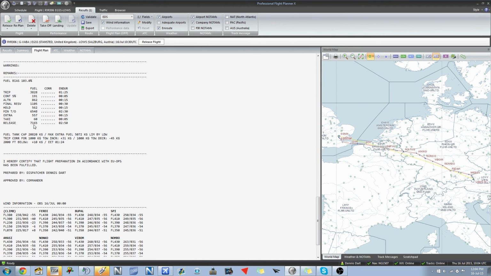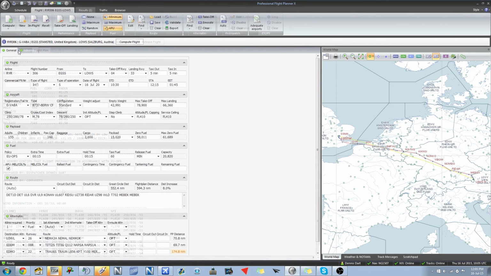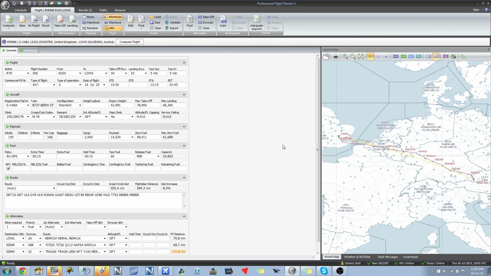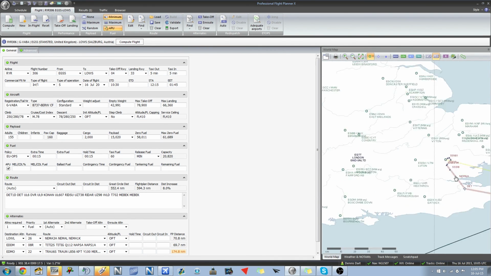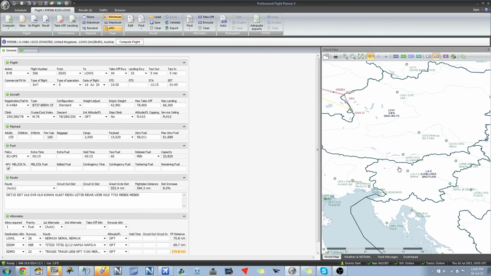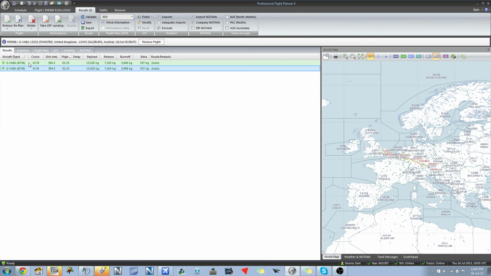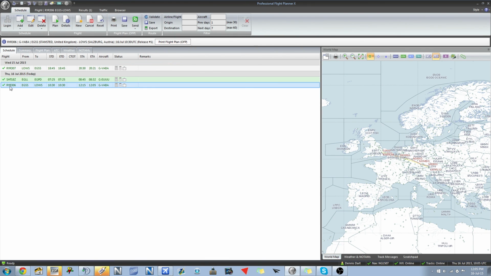If that seems reasonable, this seems very reasonable. So yes, it seems very, very reasonable to what is over here. So we seem to be doing perfectly fine. So we start at Stansted, go down to Vienna. So compute flight, we've computed twice for some reason, but we're going to release this, and we can see Ryanair